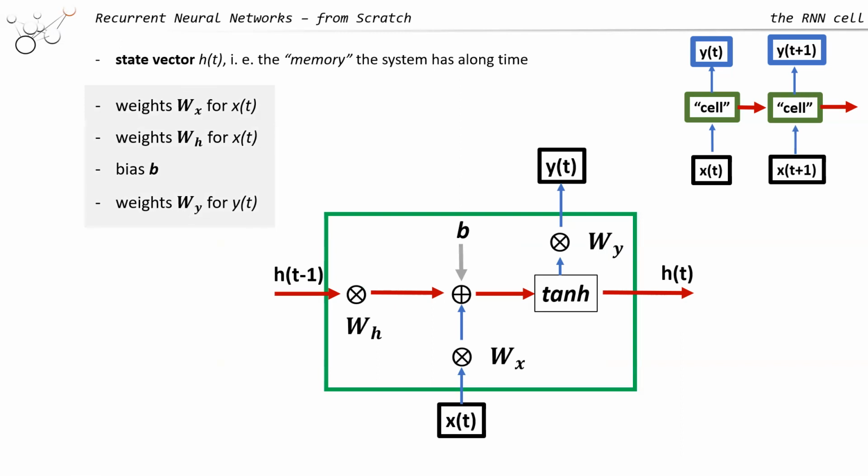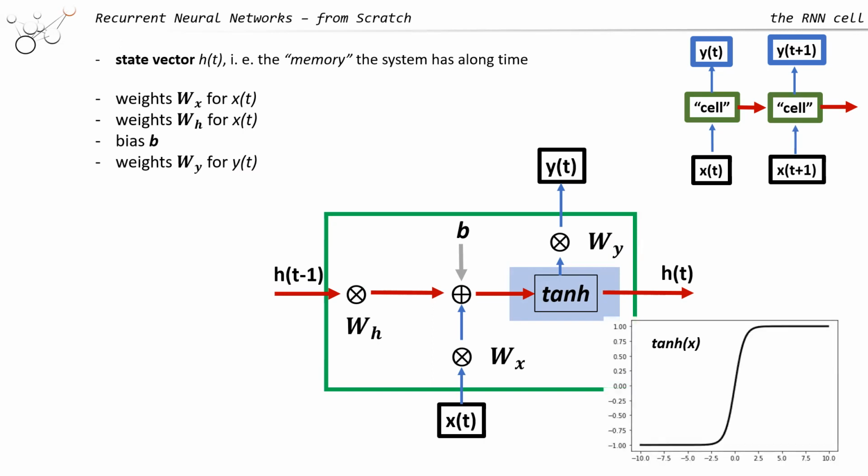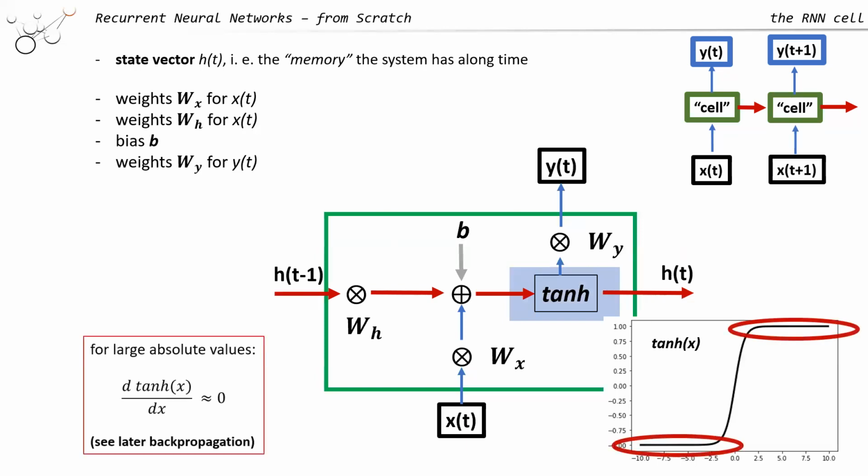So we have these 4 different learnables, and I also want to emphasize a bit, or highlight, the tangents hyperbolicus, because it has this particular shape where for large values the derivatives are 0. That will be really important for backpropagation, because think about it: we have something like a deep network. We multiply these derivatives, which are close to 0 usually for large values, many times, and if you use